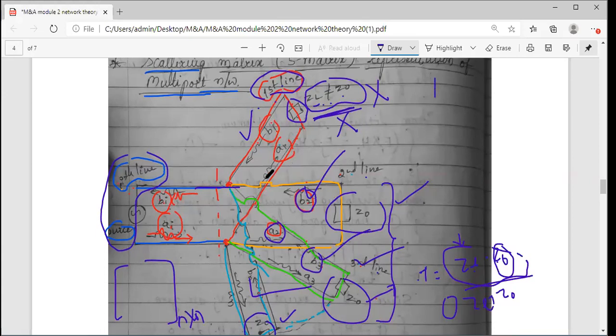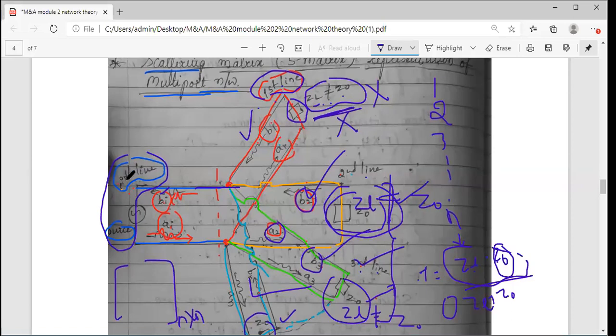Second combination will be, I will take a second line wherein the condition is ZL not equal to Z0. Second time, that is your second combination. Then third time, I will take source as it is. Third time, the third line, I will take ZL not equal to Z0. But all other lines are Z0 only, except one line every time. Likewise, we'll get n different combinations.